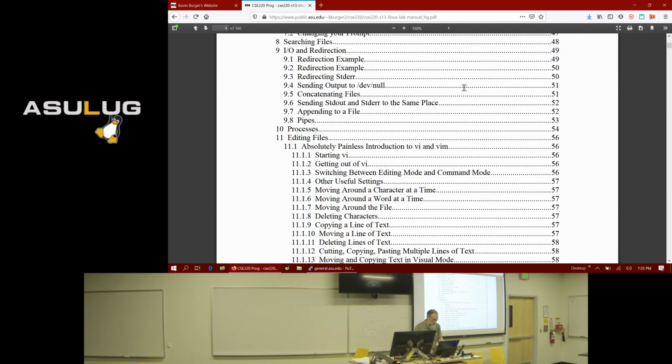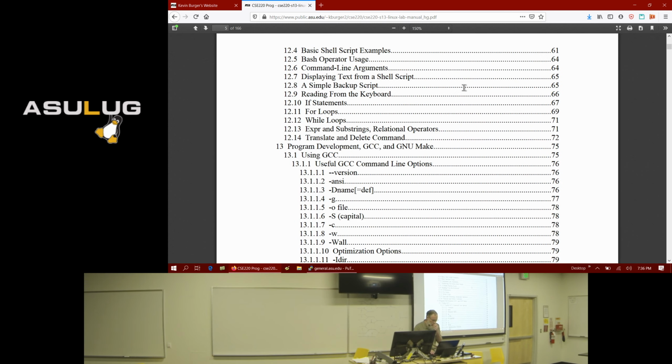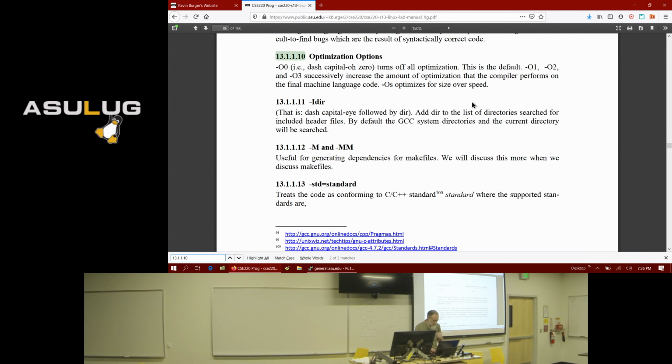That's in chapter 12 again. It's section 13.1.1.10. Here we go. So -O is how you specify the optimization level.